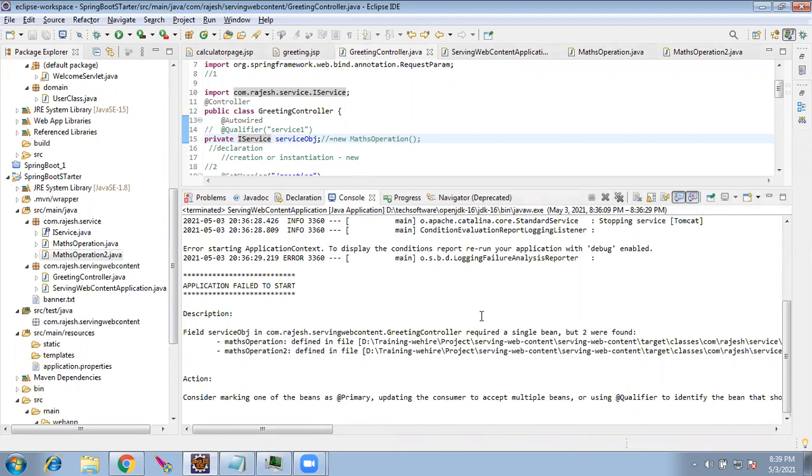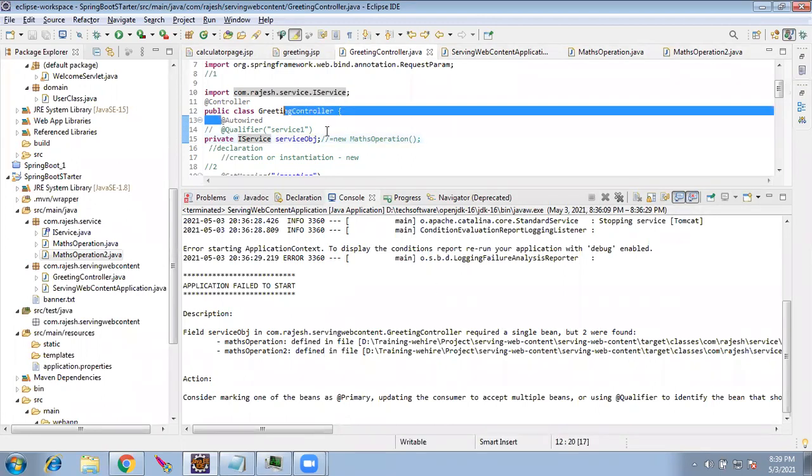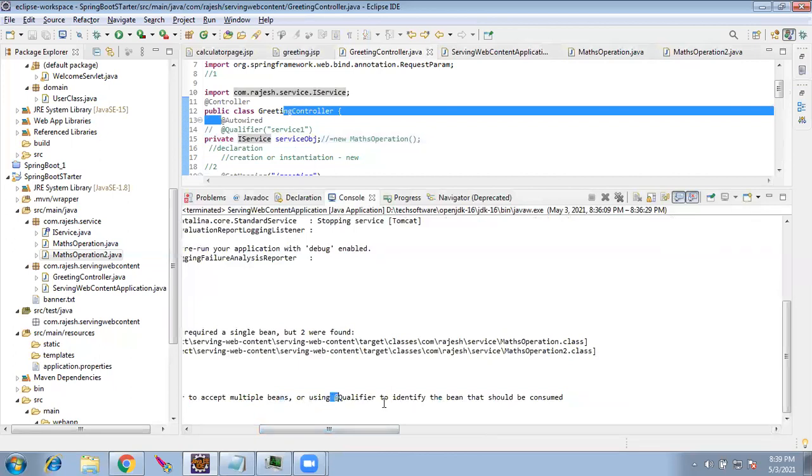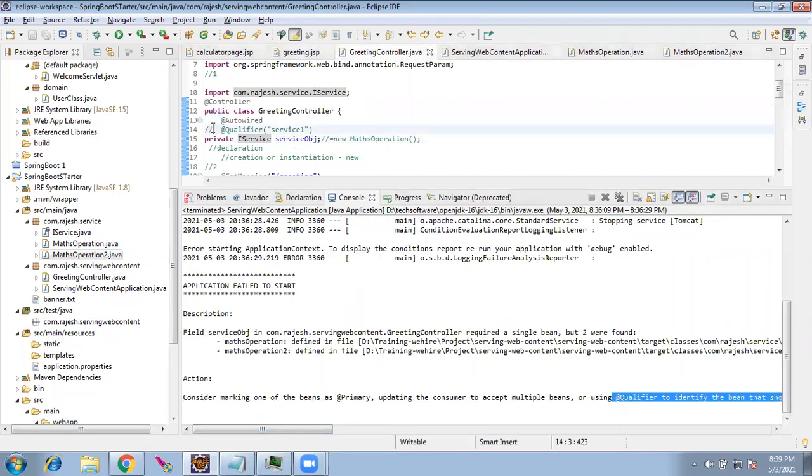It is confused now. You have two beans, but I can only auto wire one bean. So either mark one of the beans as primary, or update the consumer to accept multiple beans, or use a qualifier to identify. That is what I commented initially.